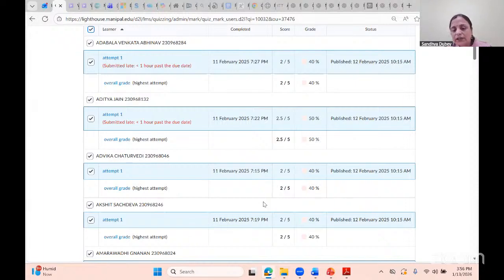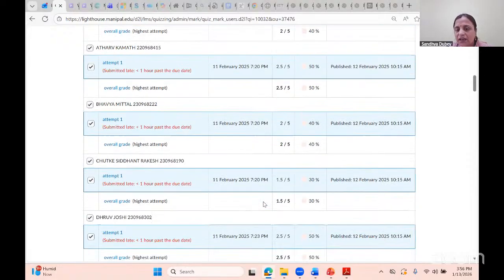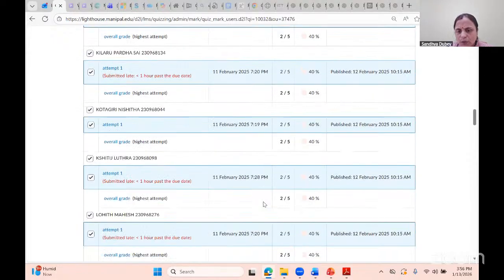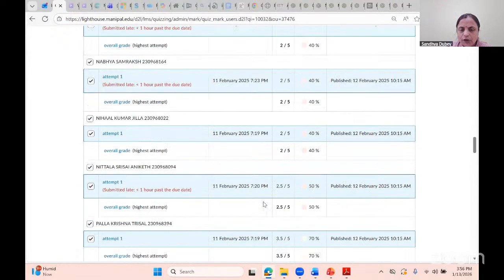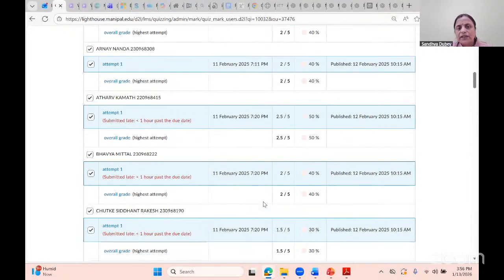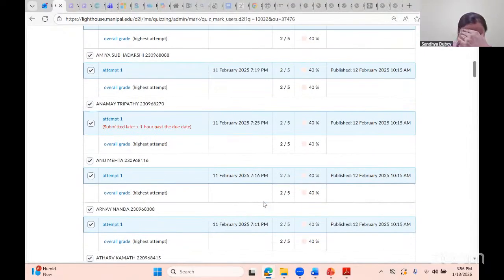Again, from here you can see that none of the students have scored 100%. So we understood that this topic was difficult. It was based on CPU scheduling, and we had given a very difficult scheduling scenario where they took much more time to understand, because it was not given like: this is the number of processors, this is the in time, this is the out time, this is the requirement.